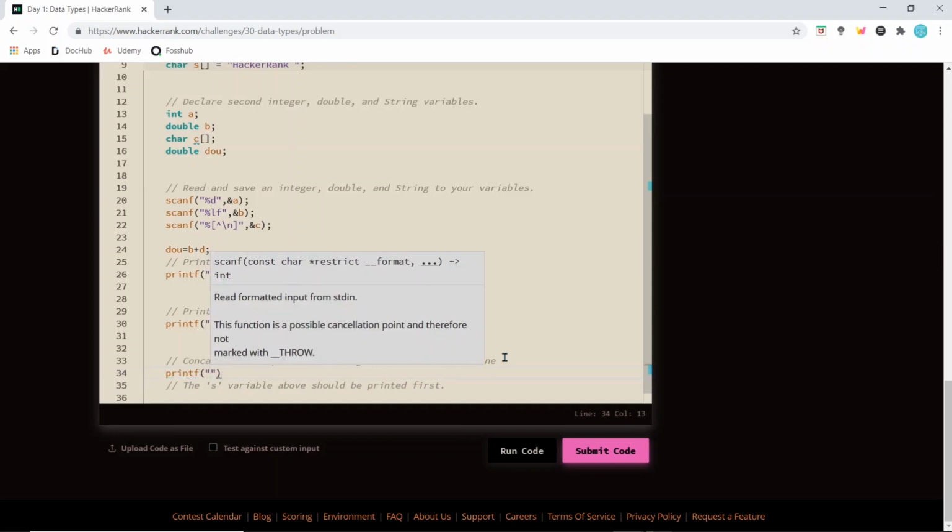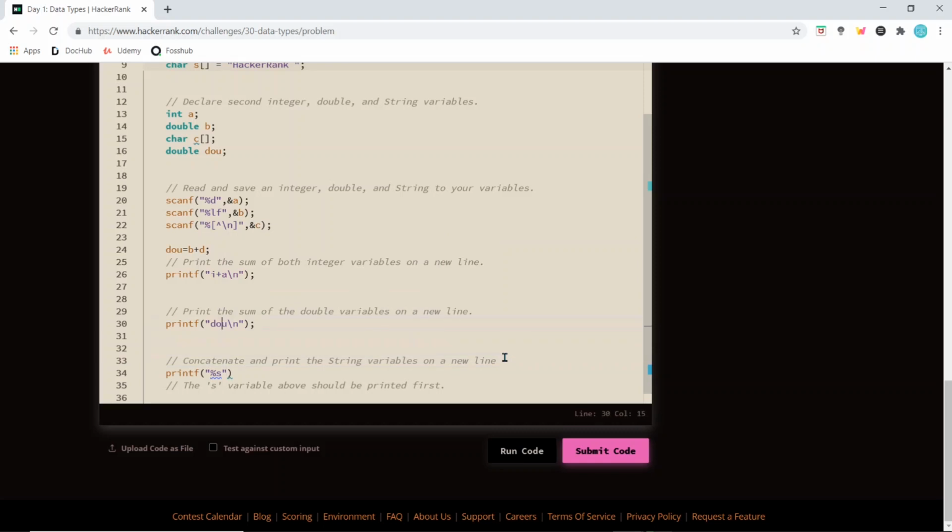inside brackets we'll use, we also use %s here, right? We forgot to put %lf here.